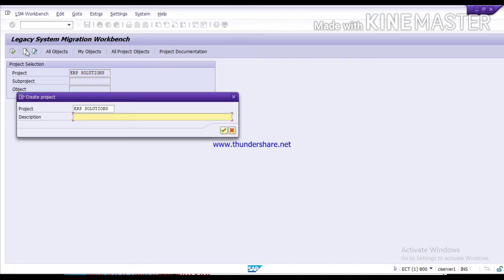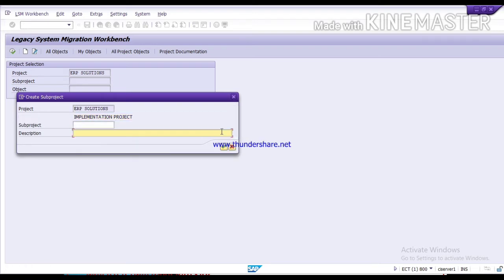Here you can give the description about your project, like implementation project. And just press enter or continue.